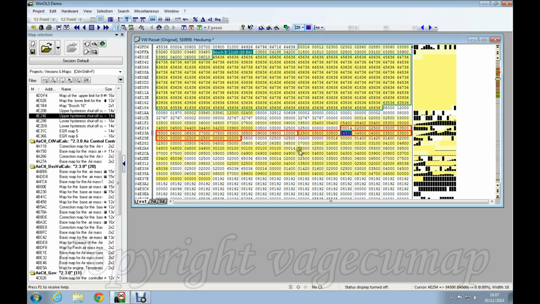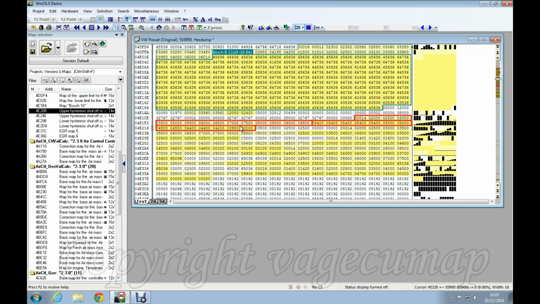3 maps for normal running and 3 maps to be used during regeneration. So it may well be that we've got 3 maps that are being used when the car is just running normally, and then the other 3 are only going to be used when regeneration occurs. Now, because it's not easy to tell which is which, the simplest thing to do is just switch them all off. And the way to switch them all off is to set the output values to 0.